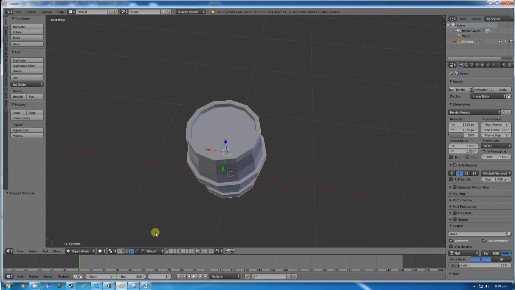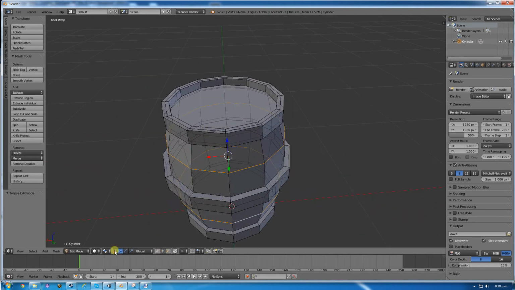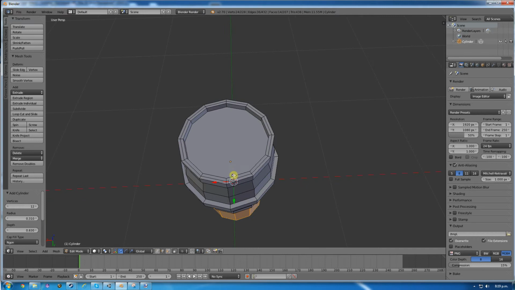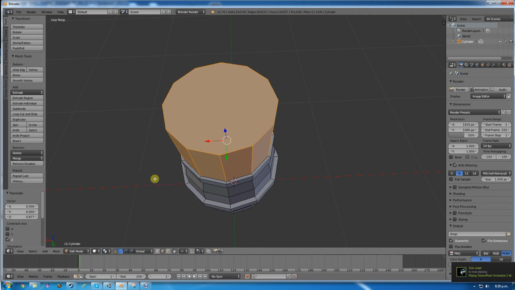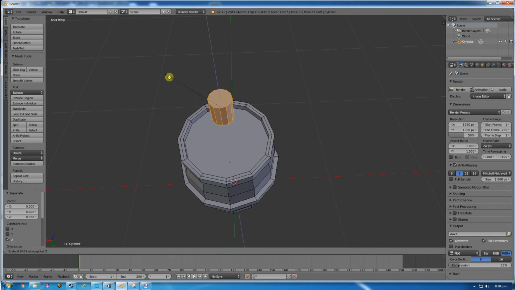On the top here, there's a few ways I could do this. Instead, I'm just going to go into here, turn off that see-through bit, and what I want to do is go add a cylinder. I want to add a really tiny cylinder just to the top. That is obviously way too big. So I'm going to scale it down, scale it on the Z-axis a lot. I'll bring it up so I can see it scaled on the Z. S, Z,